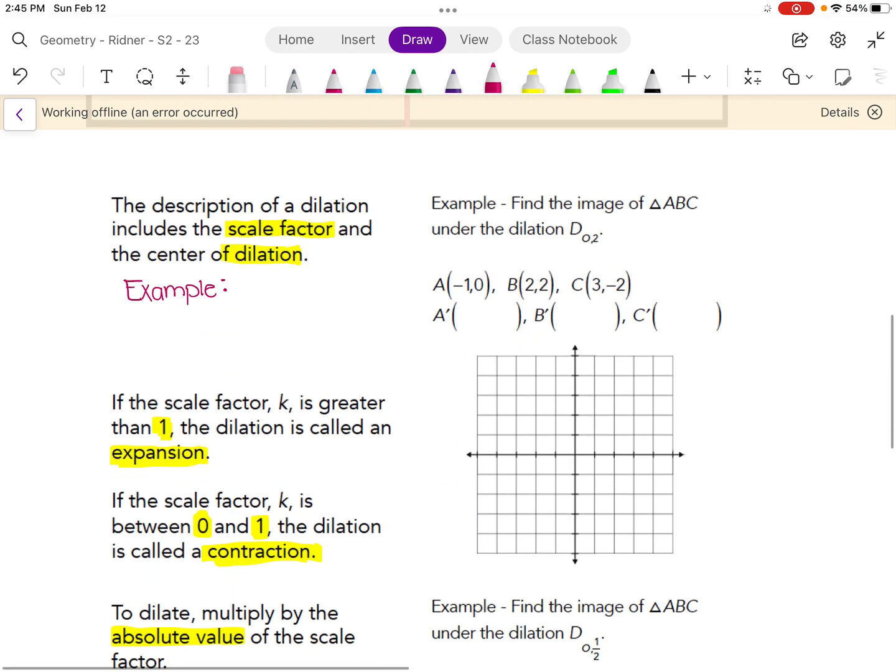All right, let's look at the properties first. So we're looking at the left-hand side first. The description of a dilation includes the scale factor and the center of the dilation. So here's an example. We use